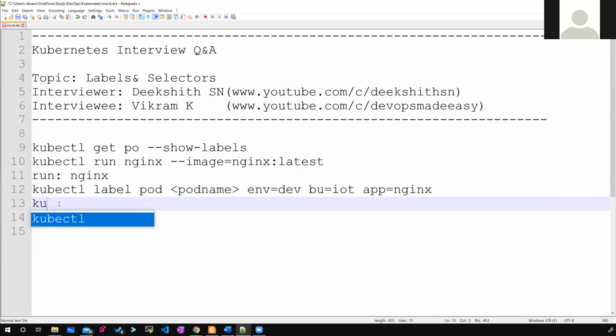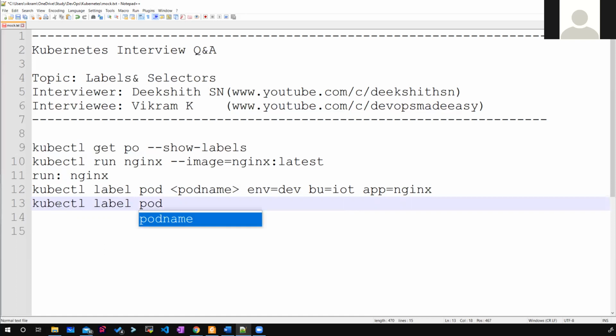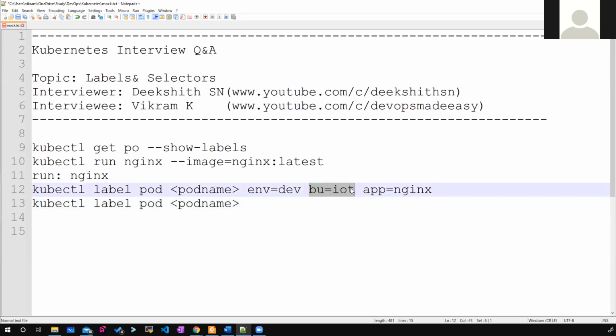It is again the same command, kubectl label pod, and the pod name goes here, and the label which I wanted to change. You take this label, but the value you change to the latest value, IoT DevOps. If you run this command, it will give an error because the bu label is already there.